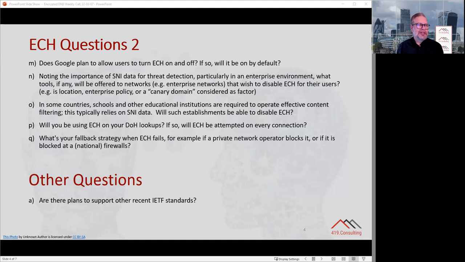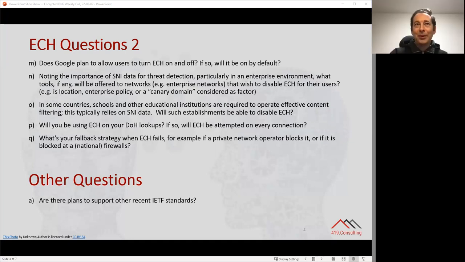So, for example, is location, enterprise policy, or a canary domain considered here? Yeah, so for those deployments, the way we think about it, and again, I could be wrong, so if there are specific scenarios for which this doesn't really make sense, I would like to know about it. But the way we think about it is that IT admins today can already configure the DNS endpoint. And so we feel it's a better place to do this kind of filtering at the DNS level, ideally DNS over HTTPS, if possible,